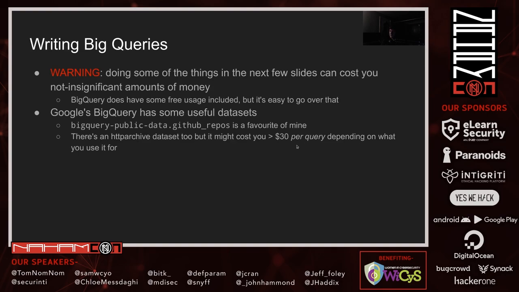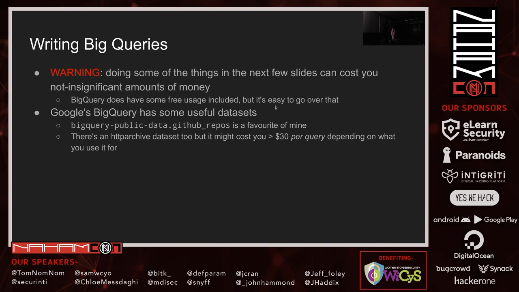So one of the tools that I've found myself using quite often to build these kinds of word lists is Google BigQuery. And straight off the bat, I need to give you a bit of a warning here. Some of the things in the next slides can cost you not insignificant amounts of money. BigQuery costs about, I think, $5 per terabyte to query, and depending on what you're querying, you can go through multiple terabytes quite quickly. There is a free tier which gives you about $300 of credit in your first year. I've long since used mine, and I think your first terabyte per month is free. But outside of that, do be careful.